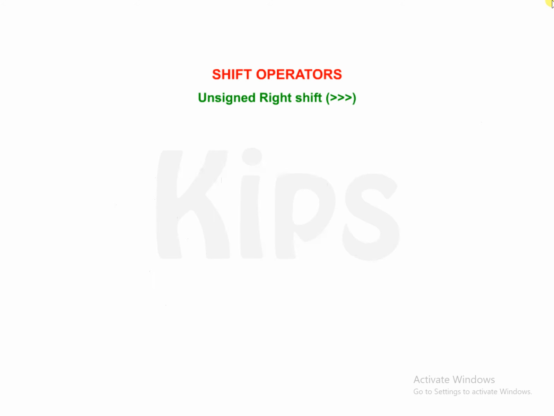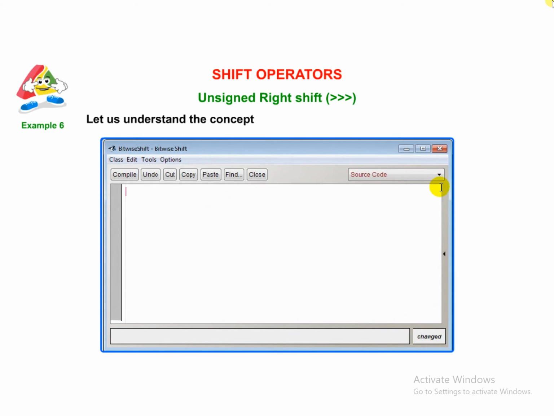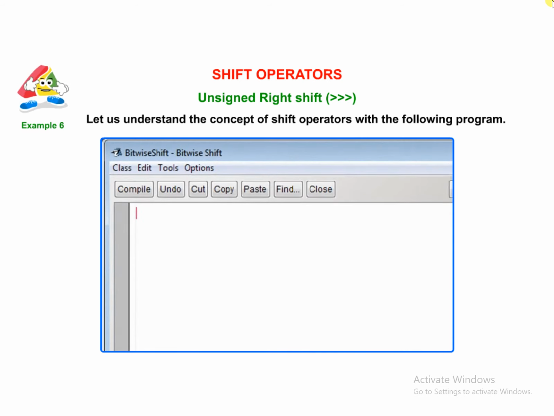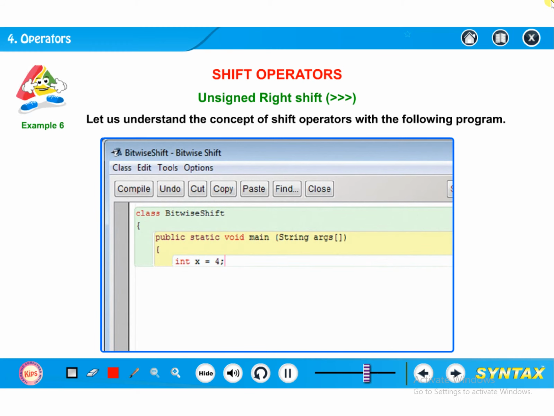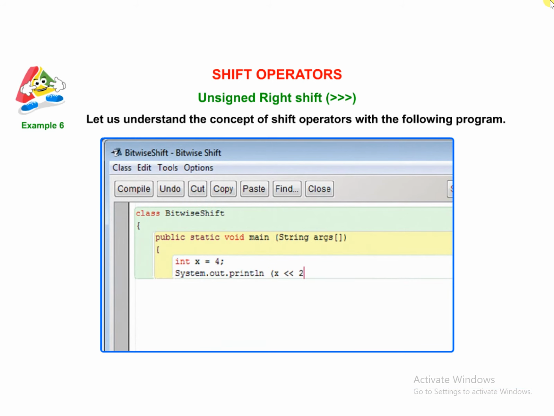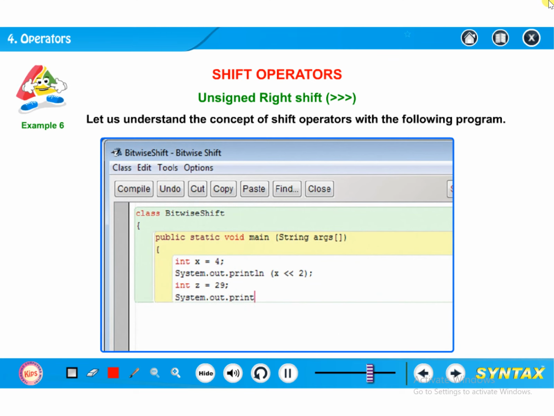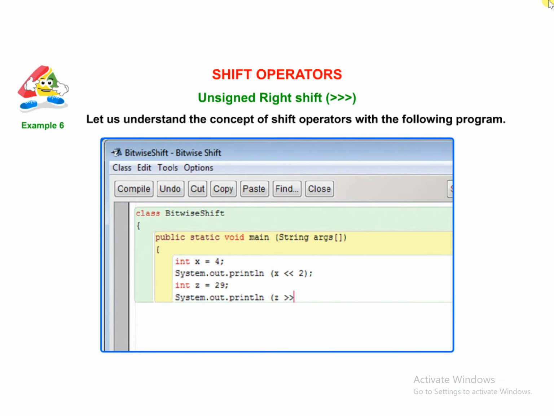Example. Let us understand the concept of shift operators with the following program. class BitwiseShift { public static void main(String[] args) { int x = 4; System.out.println(x << 2); It displays 16. int z = 29; System.out.println(z >>> 2); It displays 7. } }